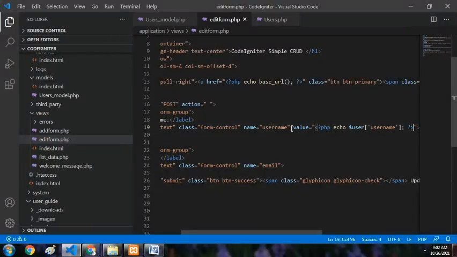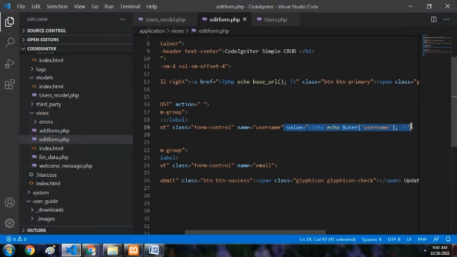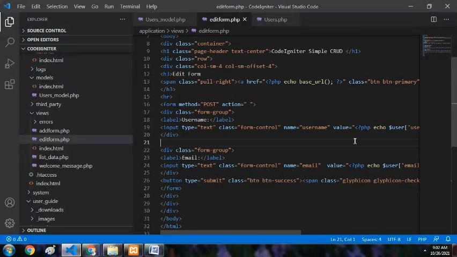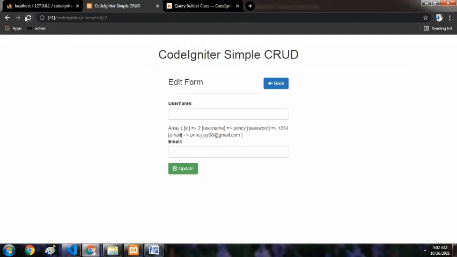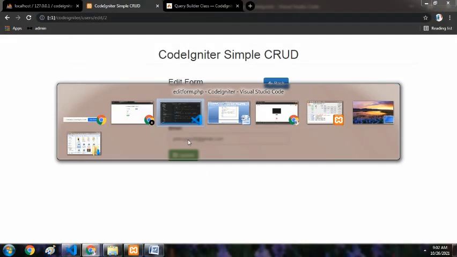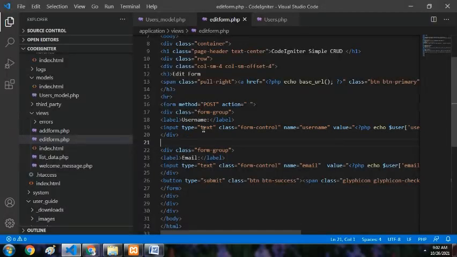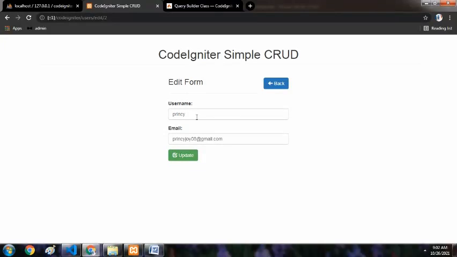Same way for email. So when we take the edit form, we will get the data populated, and I'm just removing that print also. Now our updation is going to start.